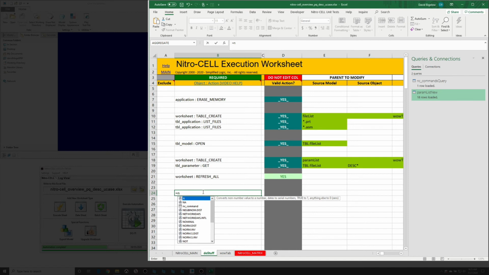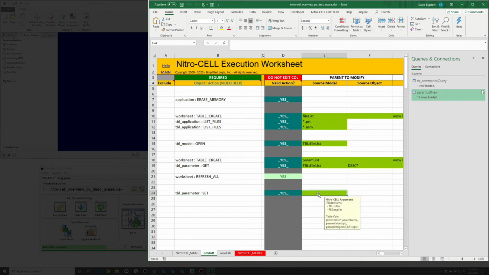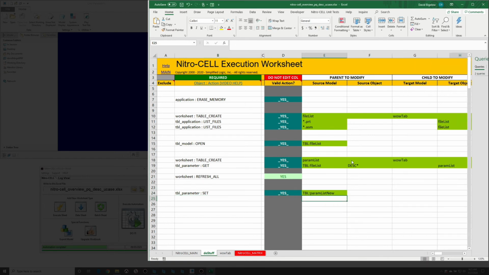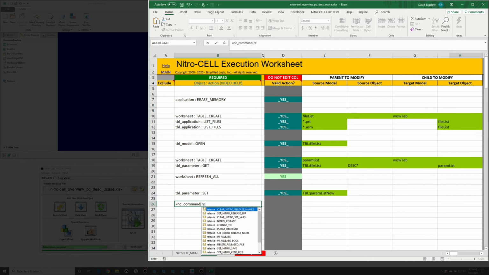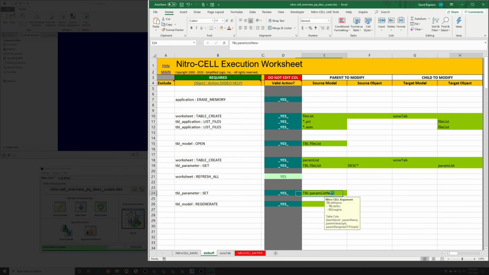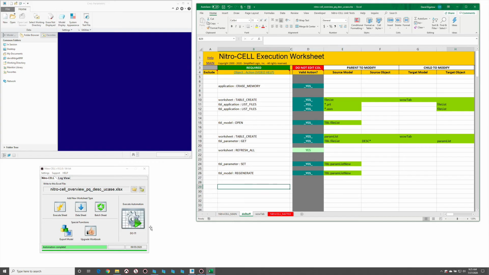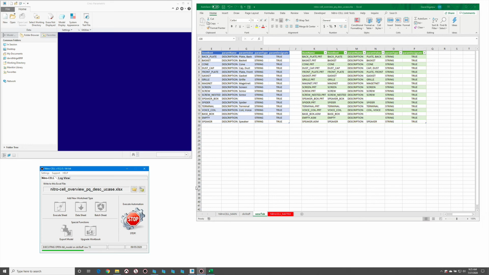And then the final operation that we're going to do is to set the parameter data for that table that is being generated here. And we would like to, of course, regenerate this just in case there's any relations. Let's see, regenerate. And we'll use that same table reference for that too. So if we've modified the file, we want it to regenerate. So when I press the Do It button now,